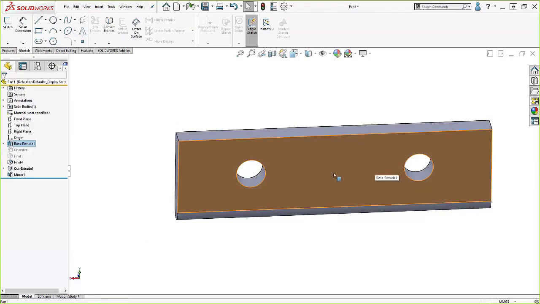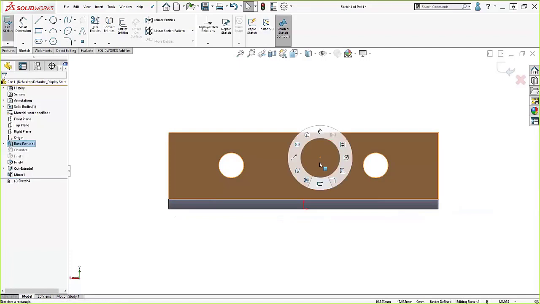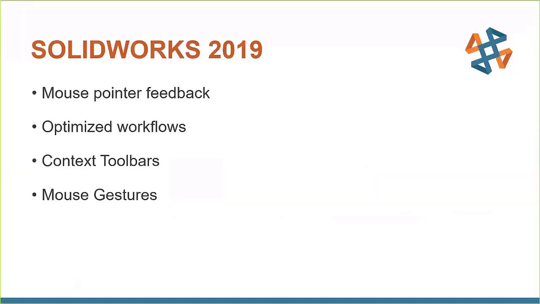If I'm in a sketch, I get a different set of mouse gestures. These are sketch tools that are specific to mouse gestures. So there's 4 different mouse gesture tools. There's one for sketches, there's one for parts, there's one for assemblies, and there's one for drawings. The last tool that I want to talk about, actually I got one more,